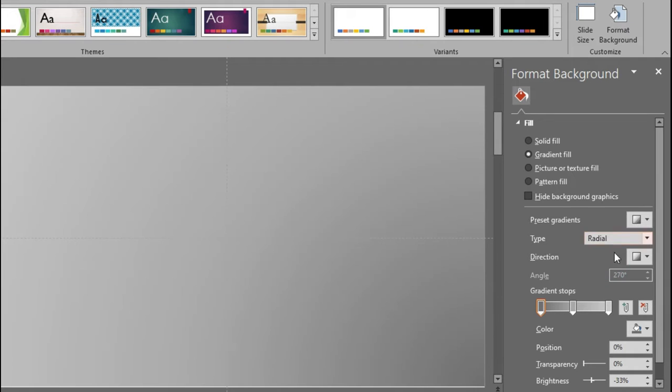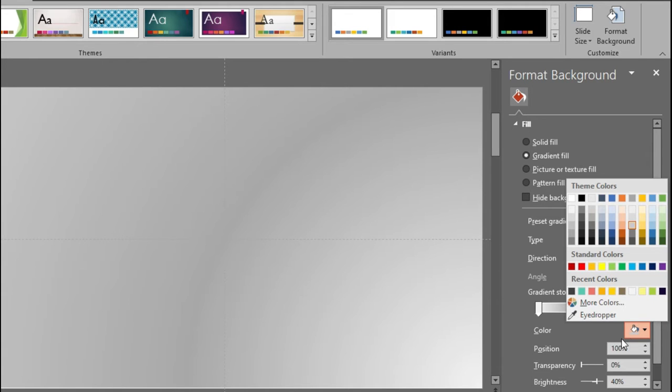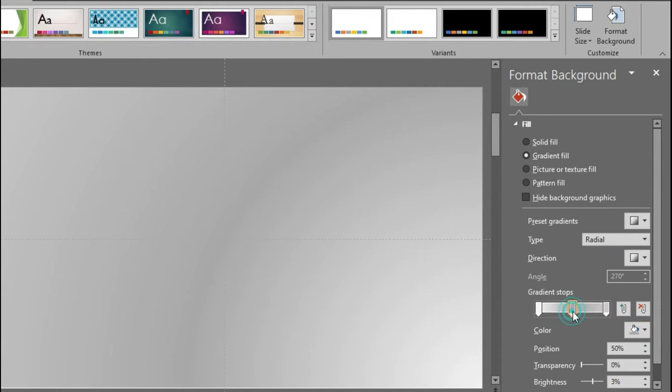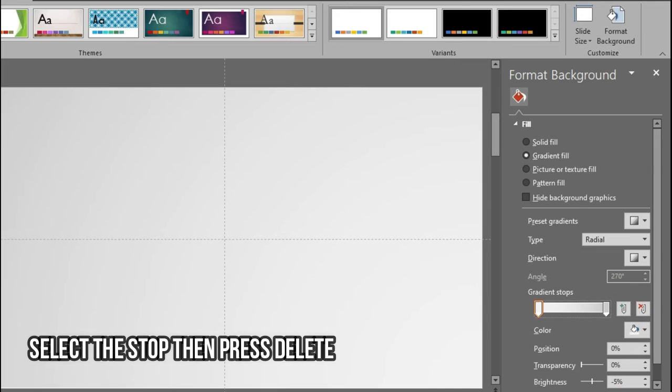Let's say radial. These are the gradient stops. If you move this, you can see the gradient is changing. You can change the color also. You can change the color of gradient stops, and you can also delete one: click on it and press delete.